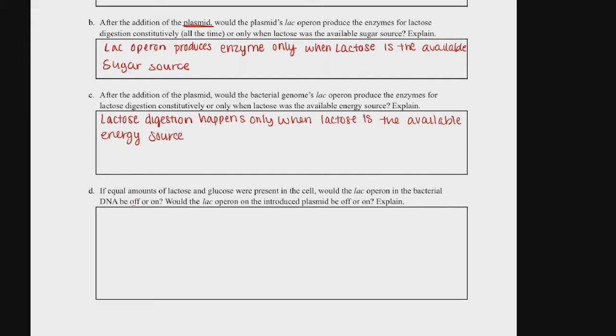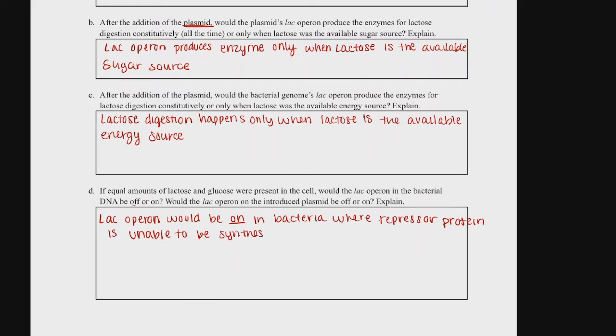So in the original bacterial DNA with the mutated repressor, the lac operon would be on because the repressor is unable to be synthesized. And then in the introduced plasmid,